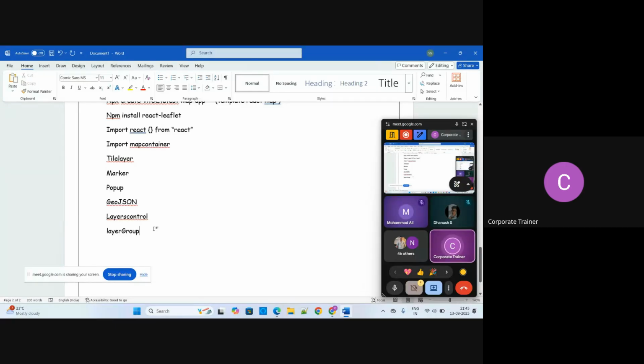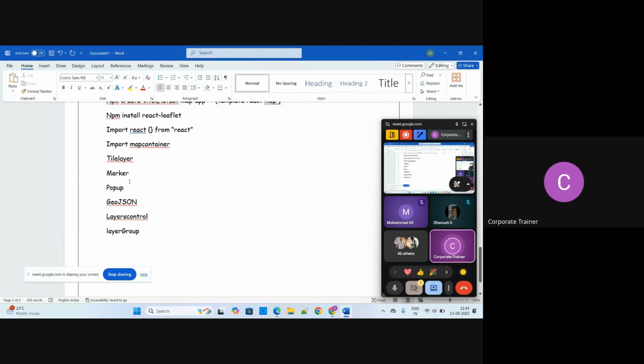We have to understand what a map container is. A map container is nothing but, in itself, a map. It actually needs some center, that is some coordinates, like longitude and latitude, the pins, the geocode, GeoJSON related things. Some tile layer is there, that means the background of the map, like OpenStreetMap.